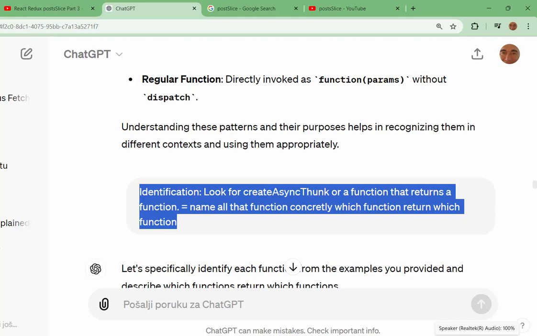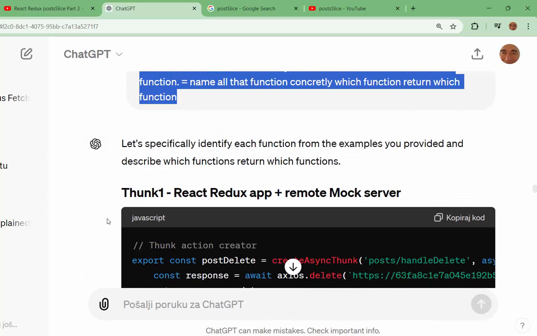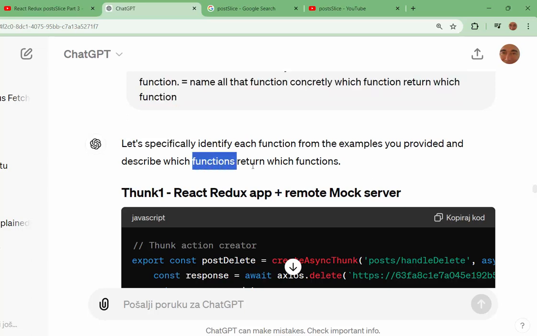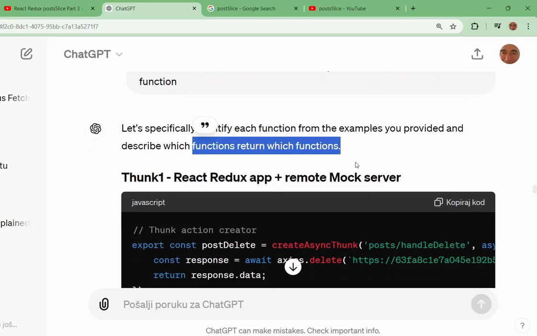Now I write to name all those functions concretely: which function returns which function. And ChatGPT says, let's specifically identify each function from the example you provided and describe which function returns which function.